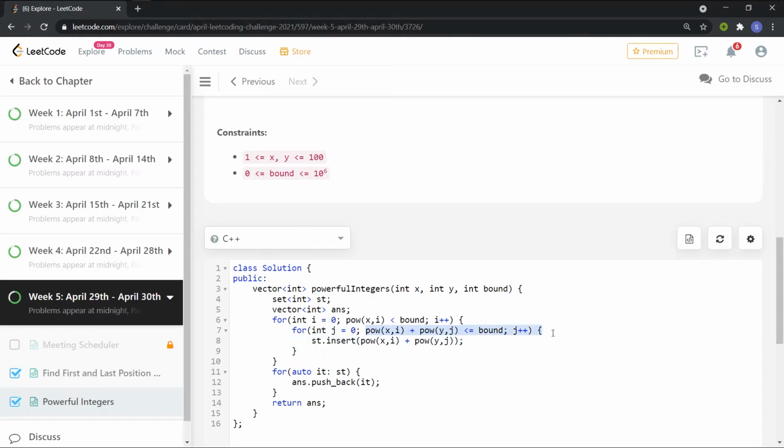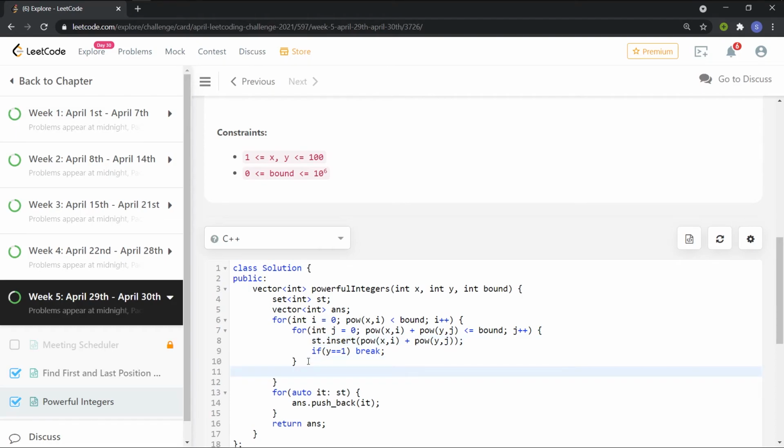So what we need to do is make sure that if x is equal to 1 or y is equal to 1, the loop is executed only once. So I can do a simple thing: if y is equal to equal to 1, I'll break. If y is equal to 1 and this condition is satisfied, it will be inserted into the set. And once it is inserted, we need not take it into consideration again, so we'll be breaking out of the loop.